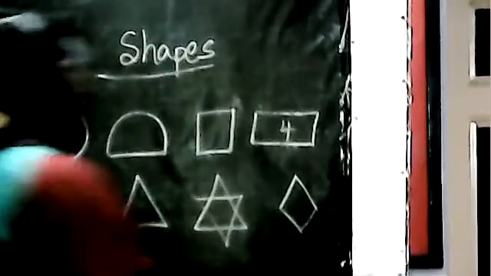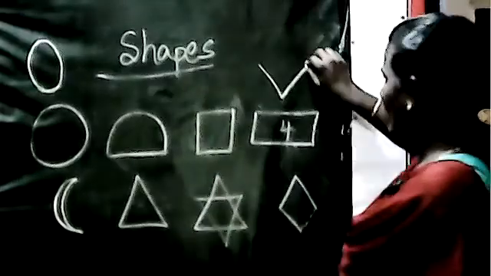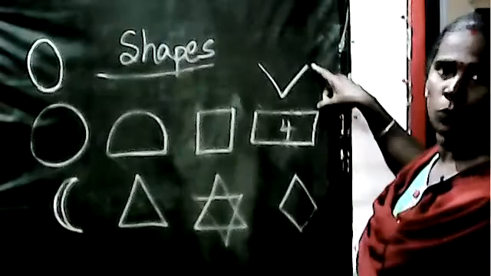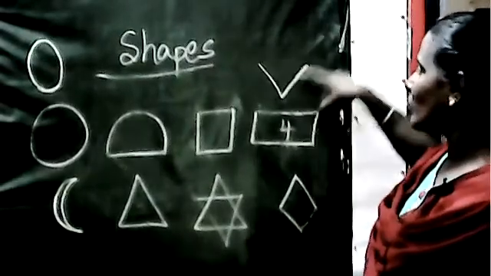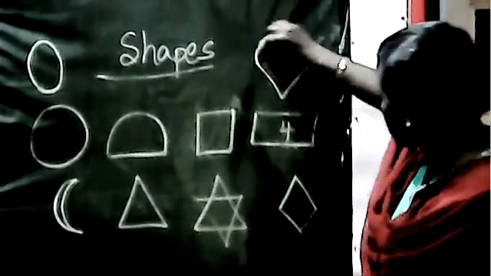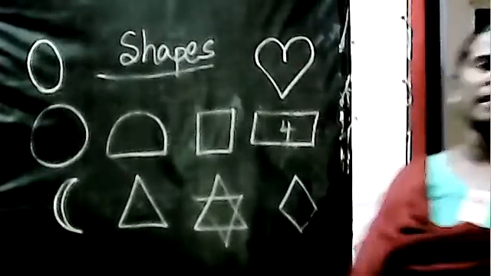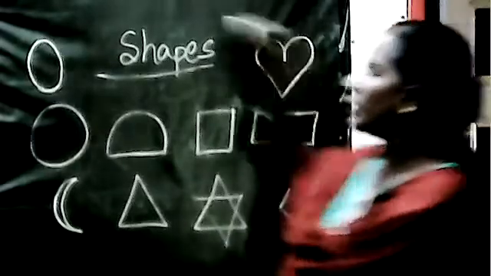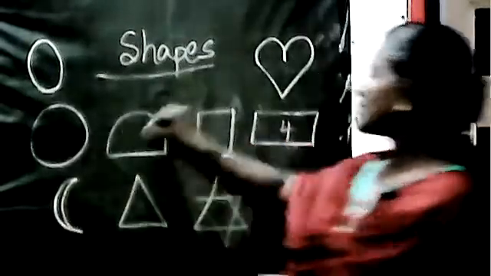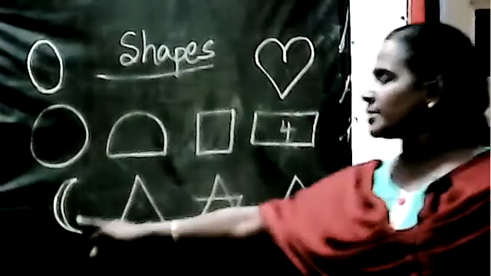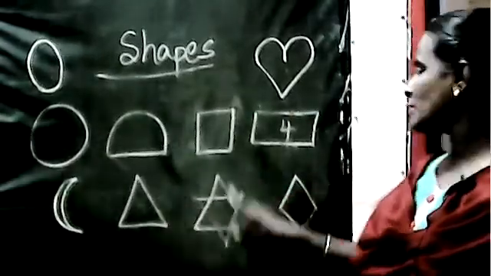Okay, now last shape is heart shape. Now write like this, V, slanting line. See here, slanting line now we are learning, isn't it? So based on this slanting line only you are now drawing this line and drawing this shape. See here. Okay, curve. This is a heart shape, oval shape, circle, semicircle, square, rectangle, crescent shape, triangle, star shape